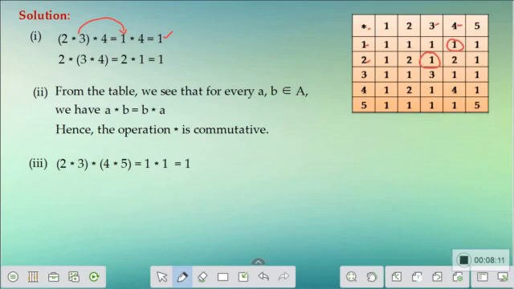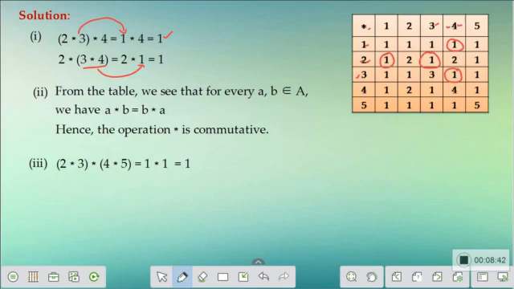Let's find the other value, that is 2 star (3 star 4). For which let us calculate 3 star 4 first. So 3 star 4 is nothing but this value, that is, it's also 1. So this is simplified to 2 star, instead of 3 star 4, it is going to be 1. So 2 star 1. What is 2 star 1? Here it is. 2 star 1 is 1. So we have 1 here. So we have evaluated the values.